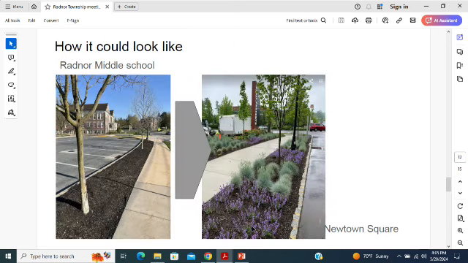And what can you do? That's an example of Newtown Square when you just drive down the roads. It's the same picture of Radnor Middle School, and this is the new planting that Newtown Square put in one of these strips. I think it looks pretty nice. It's obvious to the citizens here in Radnor that this is an improvement to what it was before, and it doesn't cost you a lot of money, because one of these plugs is between $1 and $1.50 when you buy it from wholesale nurseries. So if you buy 1,000, you spend $1,500 or $2,000 on such a planting project. I think the return on investment is pretty high for the money you spend.